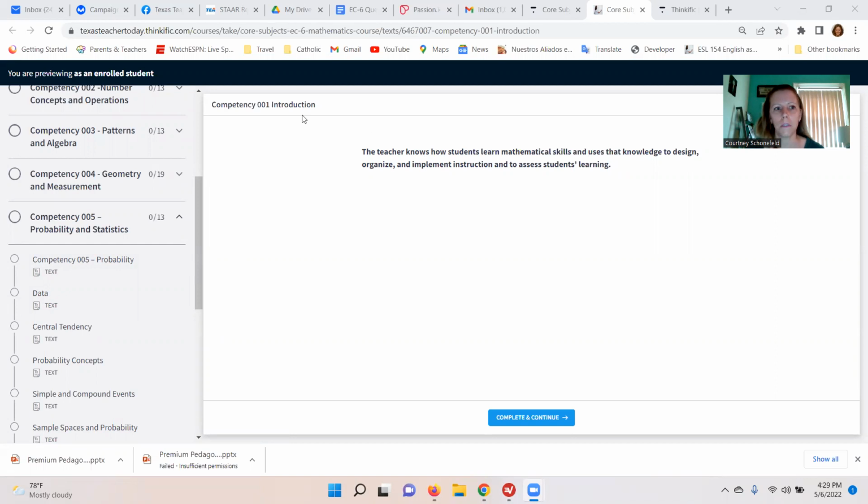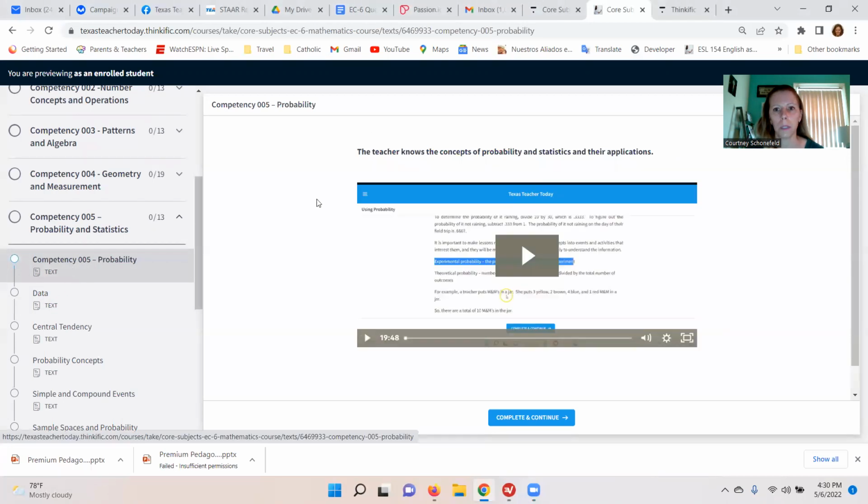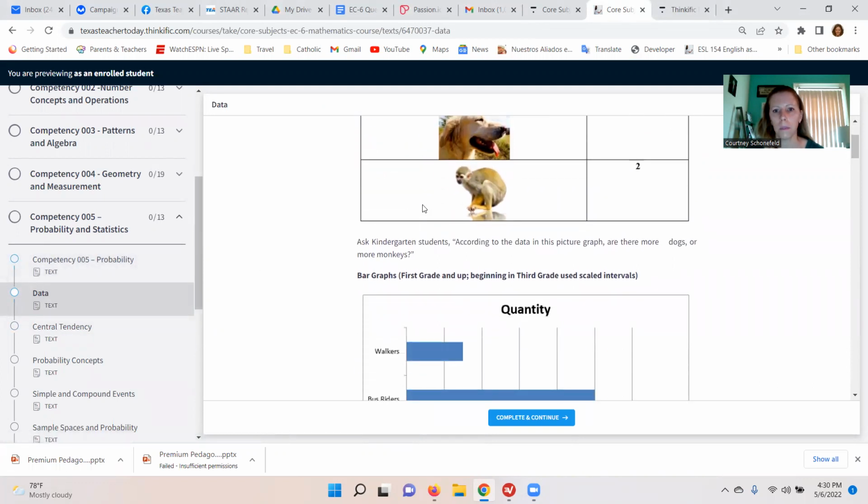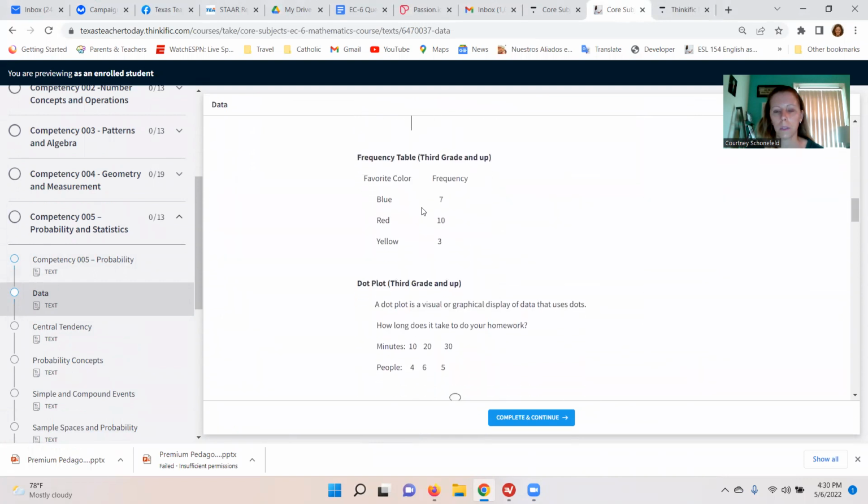So competency 5 says the teacher knows how students learn mathematical skills and uses that knowledge to design, organize, and implement instruction and assess students' learning. Okay, so we need to know probability and statistics, right? So let's get to some problems, because this is to learn about the different types of graphs, but let's look